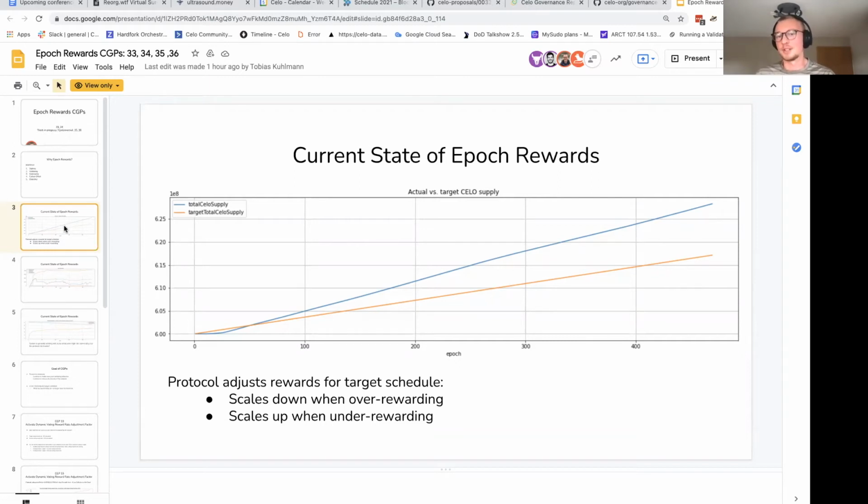The protocol has a built-in algorithm which scales down all Epoch rewards in case of overspending, and also scales them up when the protocol is underspending, such that there's also a lot of Celo left to be minted in the future, so that the rewards work in the long term. We can go to the next slide.